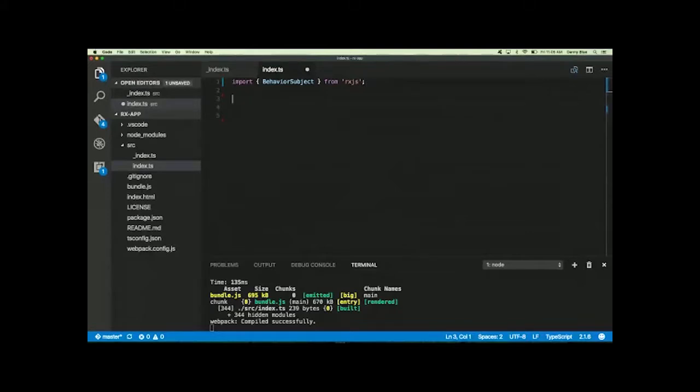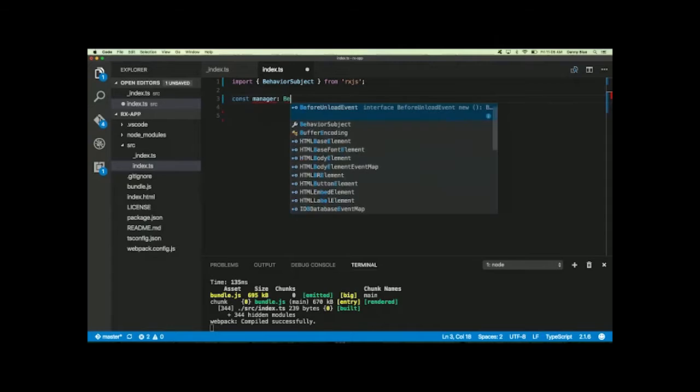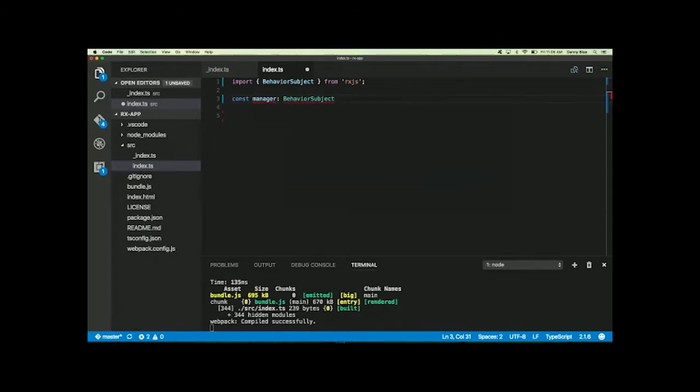So what we're going to create here first is what I like to call a manager, but it is the store. It is the state that is updated. Our manager is going to be new. Let's type it since we're using TypeScript. New BehaviorSubject. It's just going to be an array of strings